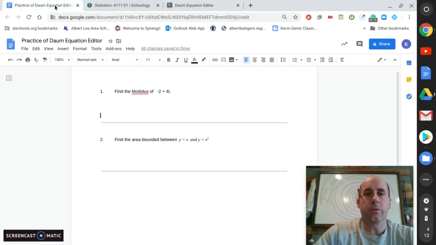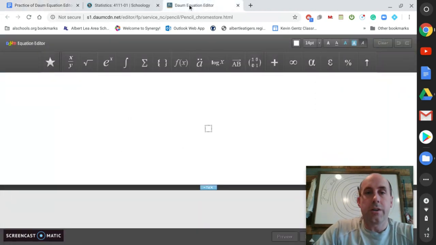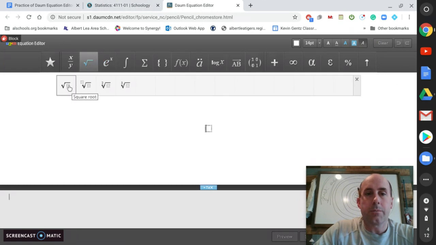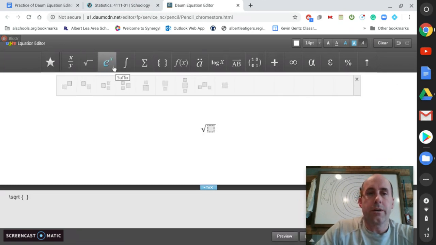And yeah, so we're going to just do the first problem. We're going to show you how to do it. So it says find the modulus of -2 plus 4i. Remember, the modulus is the square root of a squared plus b squared. So if I go into my equation editor, I want the square root symbol. So I grab square root. And we're going to have two things we're squaring underneath there. So I'm going to put a